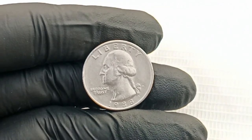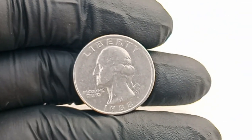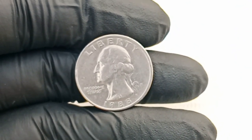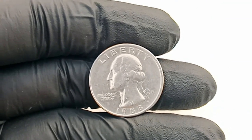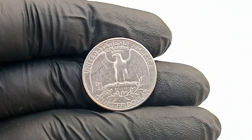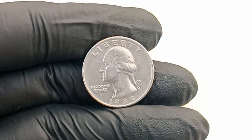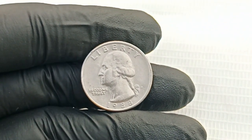Additionally, the coin's value is supported by the growing number of serious collectors interested in error coins as a distinct collecting category, as well as institutional collectors who see such coins as culturally significant pieces worthy of museum exhibitions or investment portfolios. The authentication process itself is a story of intense scrutiny, involving top-tier numismatic grading services that examine every micro-detail on the coin's surface using microscopes and specialized instruments to confirm the error's authenticity, grade the condition,